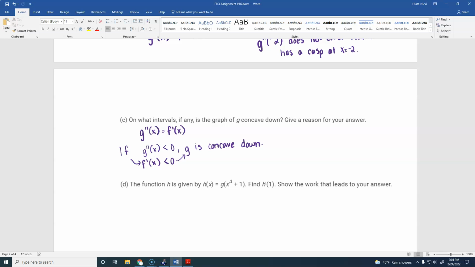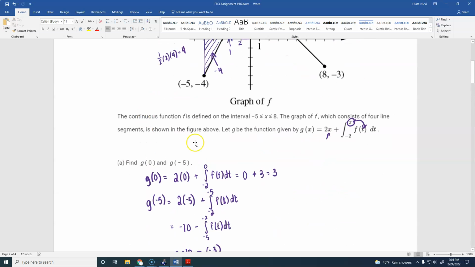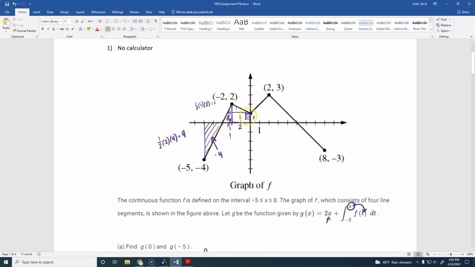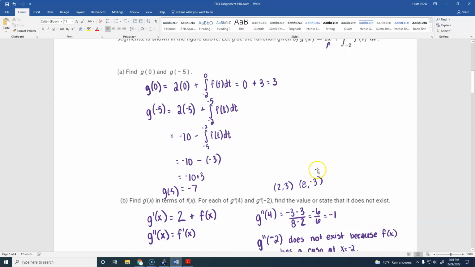But we do have the graph of F, which gives us the graph of F prime. Right, so if F is decreasing, then F prime will be negative. So what we would look at here, from -2 to 0 and 2 to 8, we would say